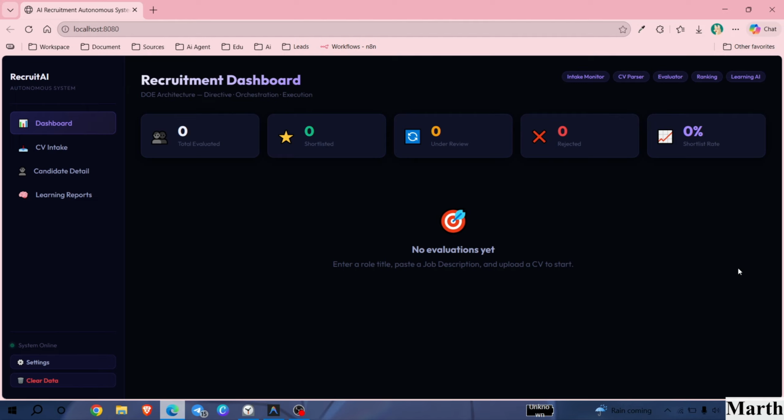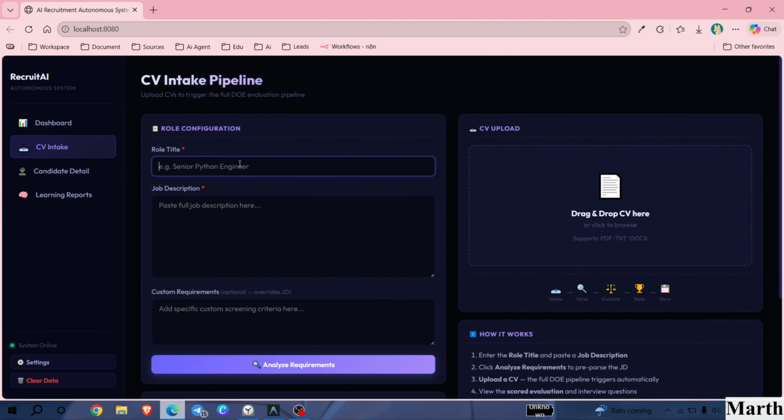What it can do is this AI will take in the CVs from the candidates, screen, score, and qualify the CV automatically. So how's the demo? You just go right here, CV intake. You can write, for example, I need a senior AI engineer for my company, and the job description is must have 2 or more years of experience in Python, JavaScript, familiar with API integration and Slack.